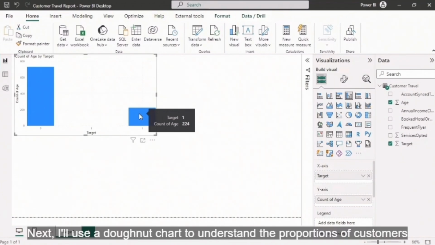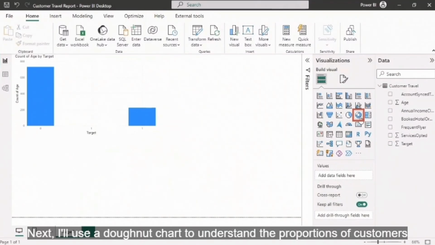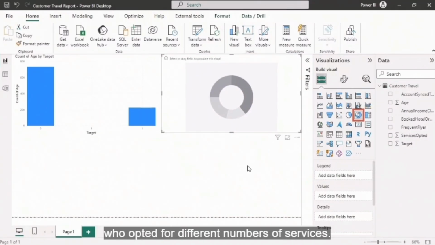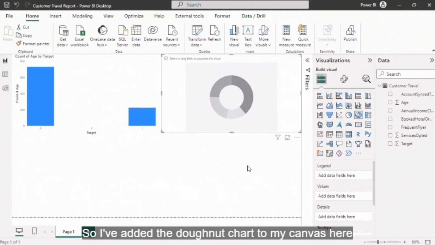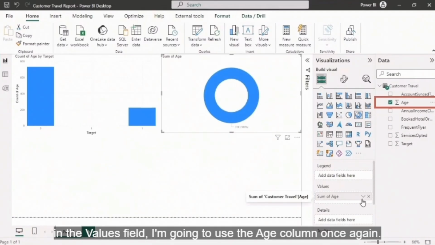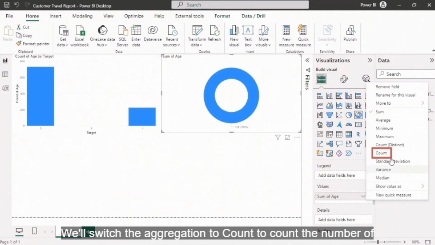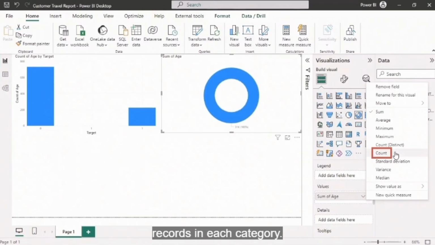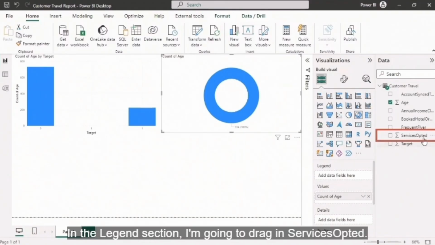Next, I will use the donut chart to understand the proportion of customers who opted for different numbers of services. So I have added the donut chart to my canvas here. In the values field, I'm going to use the age column once again. We will switch the aggregation to count the number of records in each category. In the legend section, I'm going to drag in services opted.